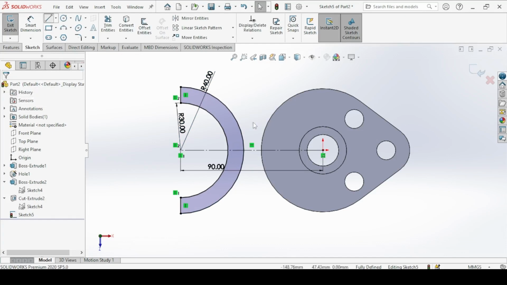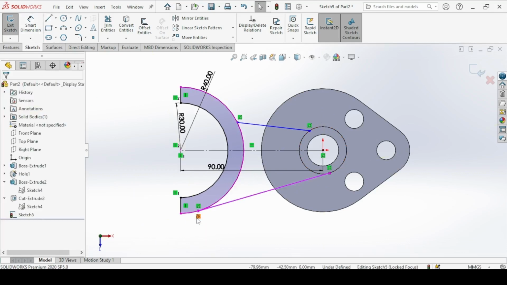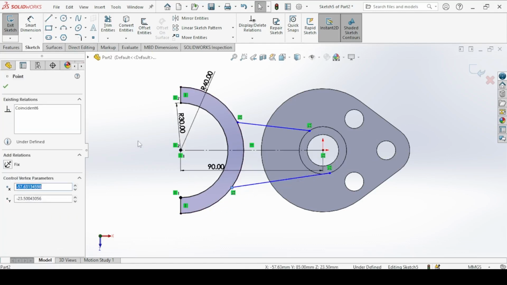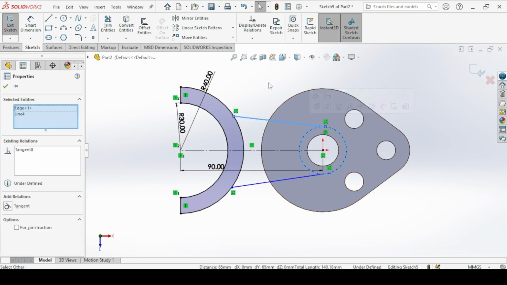And then we join these 2 arcs here with tangent lines. Delete this tangent relation here, we don't need it. And the tangent relation should be here rather. So hold the shift key, click on this circle and the line, make tangent, make tangent.